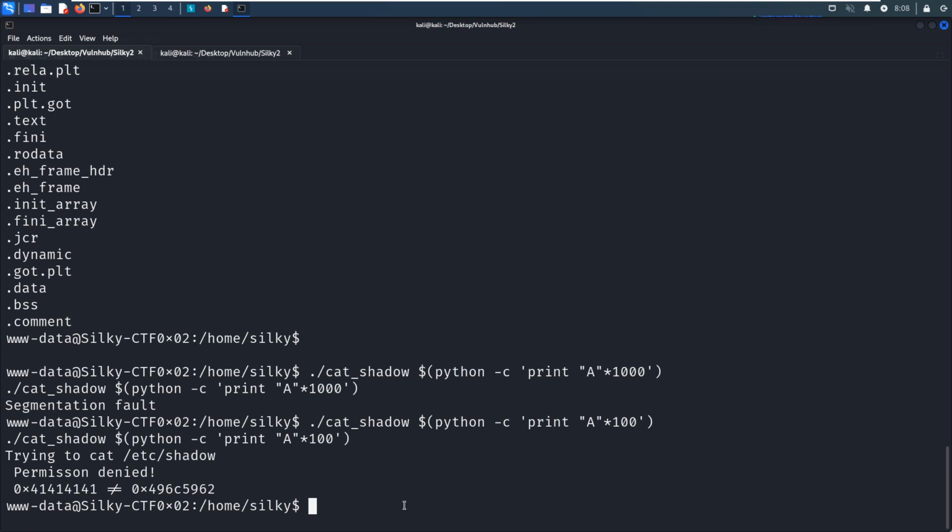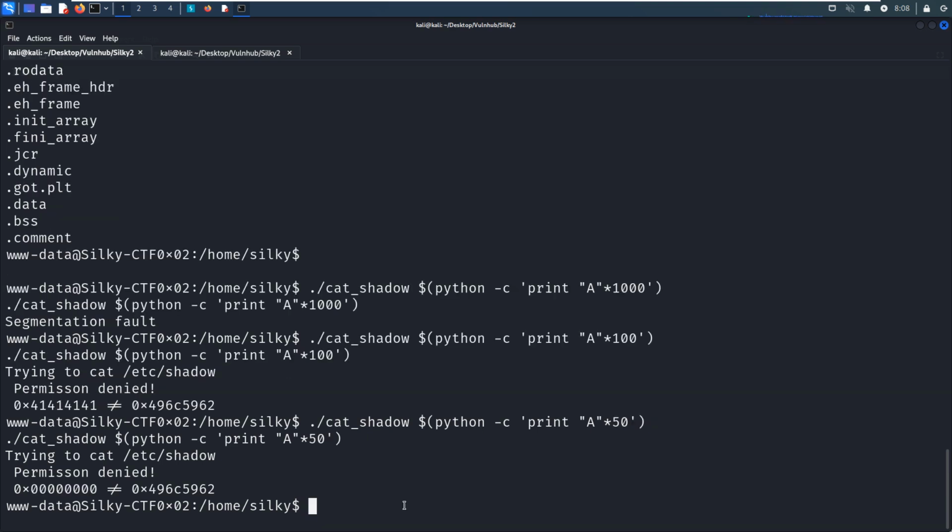So maybe cat shadow, Python print 450. This time 41 is not there. It means that we need to find the exact location where we overwrite the memory.